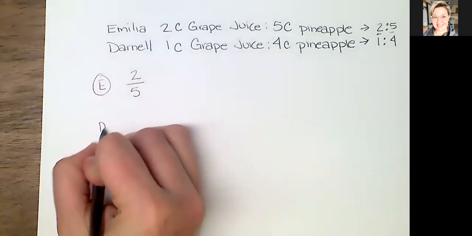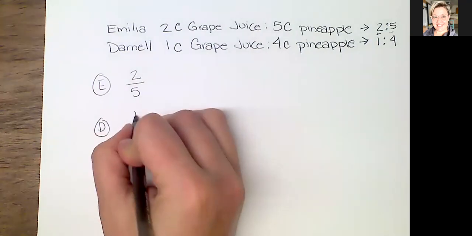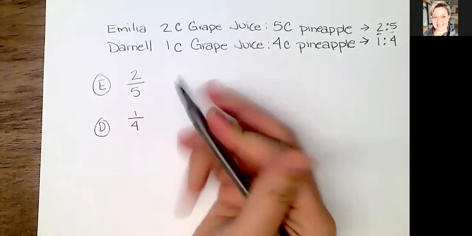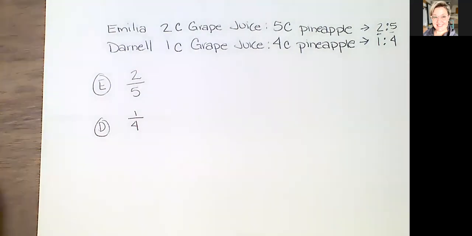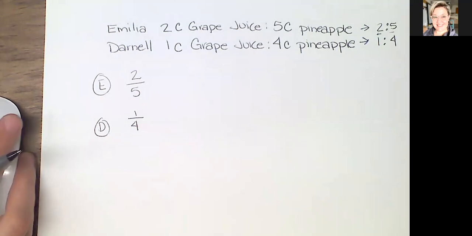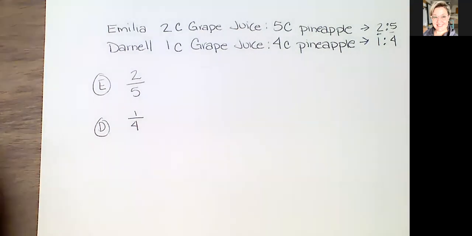And then Darnell's number is 1 over 4. You might be able to see those and know those are not equal. And that's okay. If you know that your ratios are not equal, you can go ahead and answer the question from there. But let's go ahead and walk through and practice how you would find that if you didn't know, okay? So the first thing that we're going to do is rewrite them